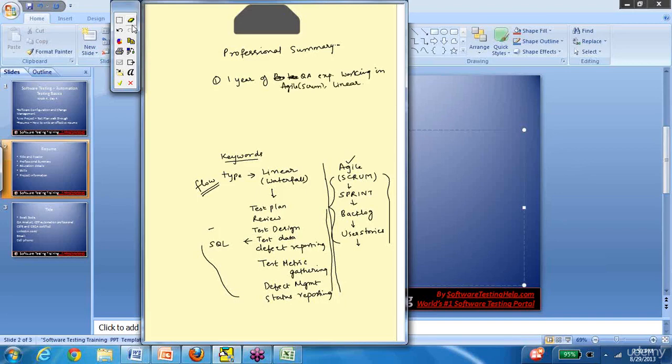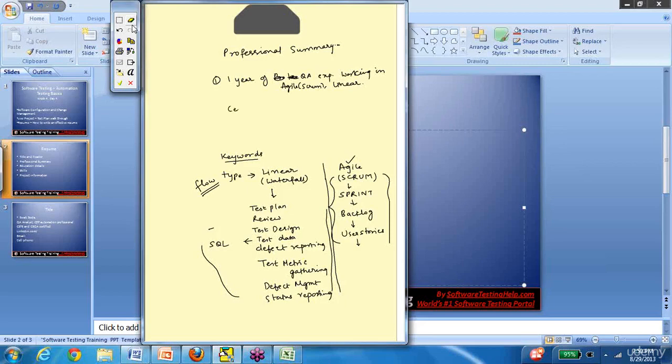Okay, so here you're not just giving information, but you're also saying that you are aware of the different methodologies in which project development happens. Okay, so that is one.